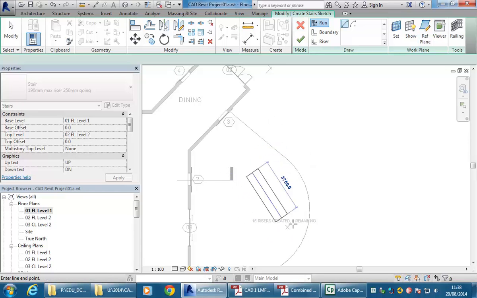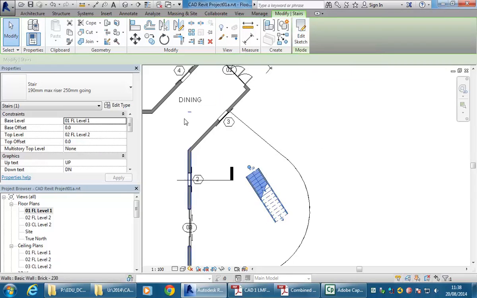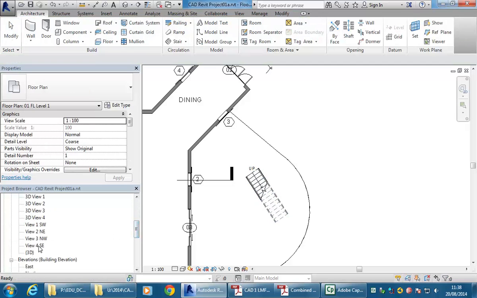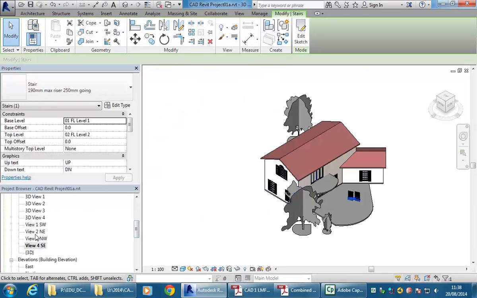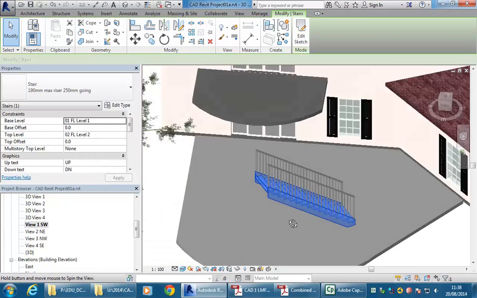So I've clicked just one point, and now I can go in any direction, and I could just click, I'll just click a point out in space here, and I might even finish that one and then show you in 3D. So I'll go down in the project browser to one of my 3D views. Oops, that's not a good one. Okay, so you can see the stair there,